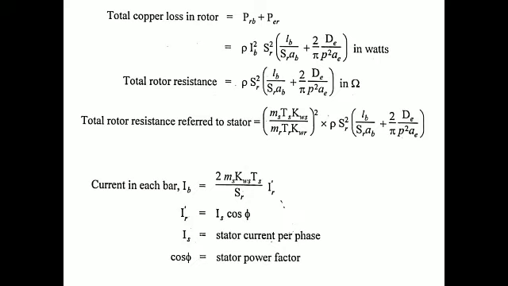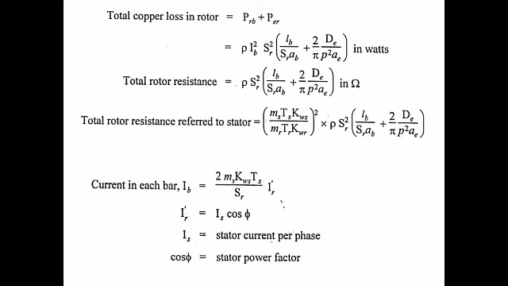So rotor resistance referred to stator. We have to multiply by the ratios, where M is the phase. The ratios are the phase ratio, turn ratio, and winding factor ratio, all squared: MS divided by MR, TS divided by TR, KWS divided by KWR. With this multiplication, we multiply the rotor resistance RR, which is the total rotor resistance rho S square. By solving this, we can find the total resistance of the rotor referred to stator for the squirrel cage rotor part.